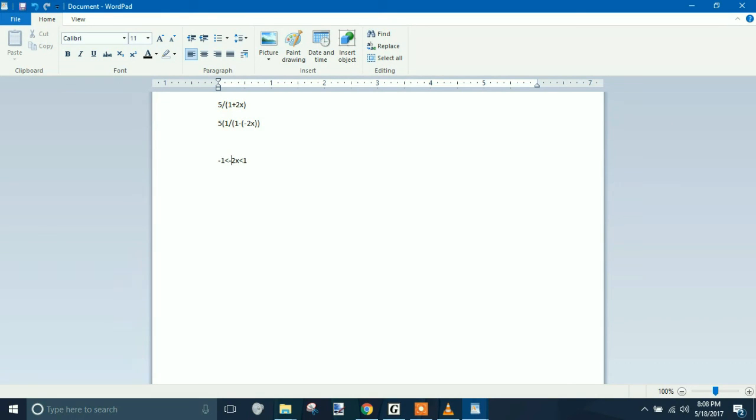This is the default interval of convergence with our r in the center, and we're simply going to solve for x, and this is going to involve